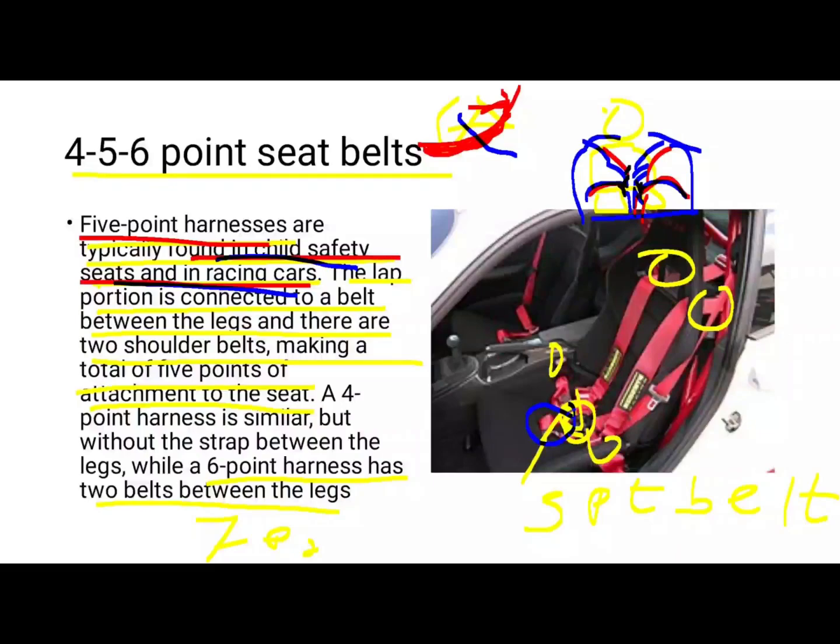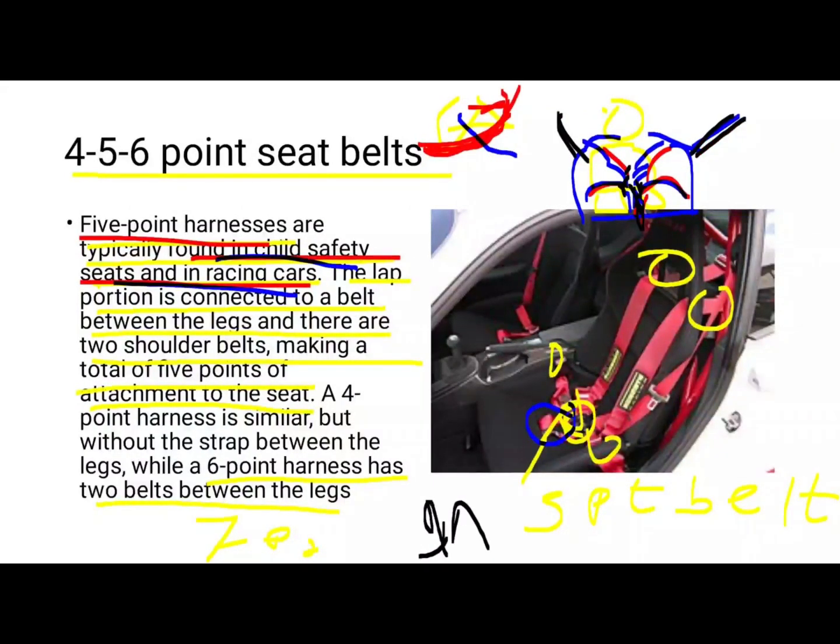The lap portion is connected to the belt between the legs, and there are 2 shoulder belts, making a total 5-point belt. So how does it become a total 5-point belt? There are 2 shoulder belts. See, there are 2 shoulder belts, and there is a point coming out between your legs. So these are your 2 legs. In between this,